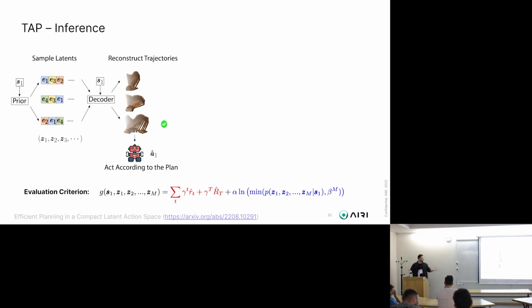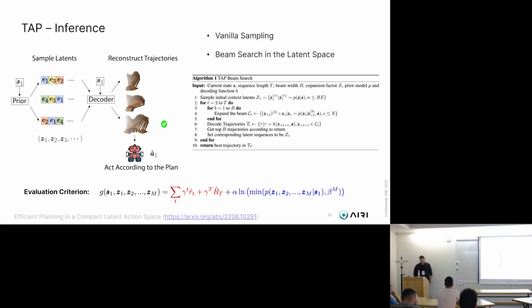Well, this is just like a simple vanilla sampling, but we can apply here techniques from natural language processing and use beam search. Then we extend our trajectories iteratively. First of all, we do capital B initial trajectories, evaluate them, keep capital B best trajectories. Then